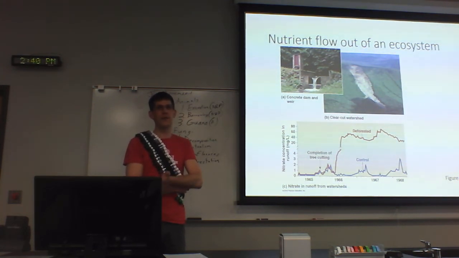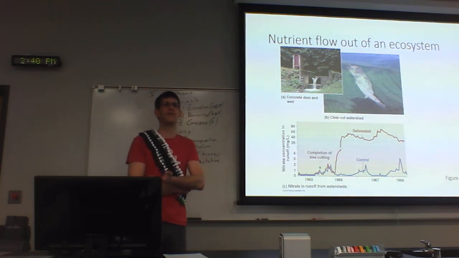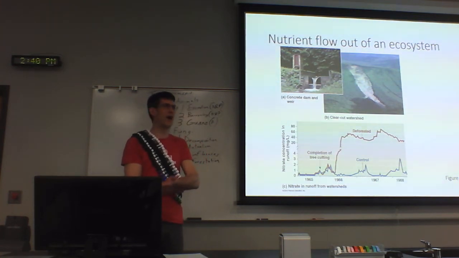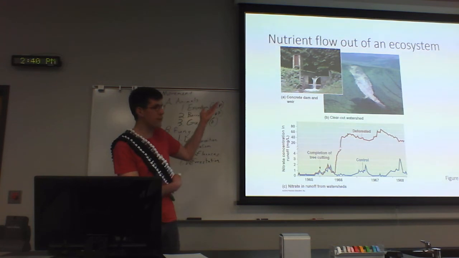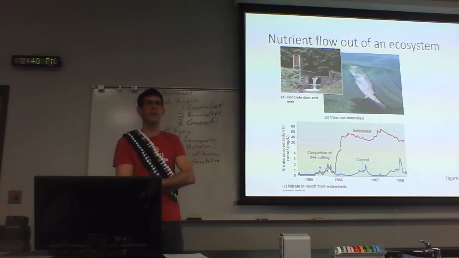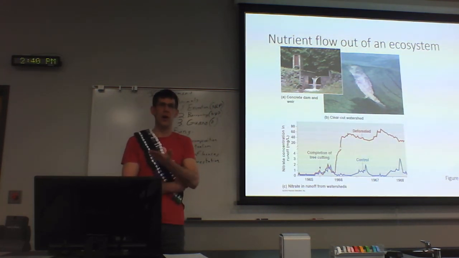Also, what you can do is decrease the flow off of the ecosystem after this by not just removing all of the trees, but removing most of the trees for timber. Removing all of the trees means all the water leaves. Removing most of the trees means most of the water leaves. Not removing the undergrowth means less of the water leaves. So allowing things like salal, trailing blackberries, ocean spray,